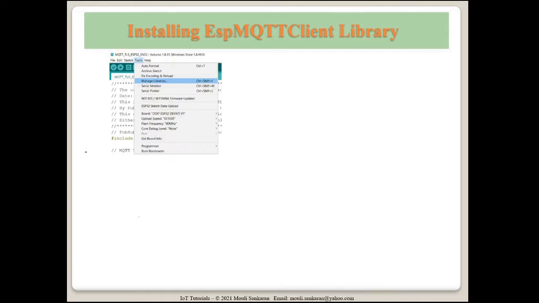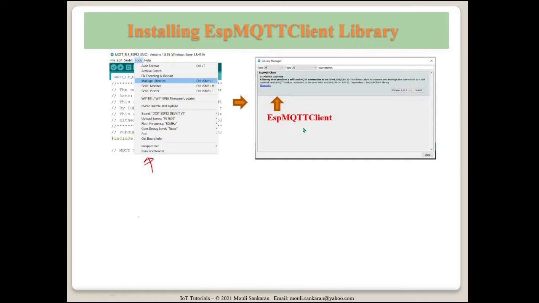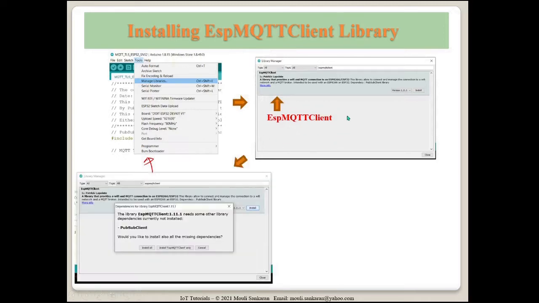Now, to do that, you need to add a library to your Arduino IDE. So this is the library that we need. This ESP-MQTT client needs this library also. In fact, in our demo, we are going to be using an object created using this class. So make sure that you install all of it, not only this client.